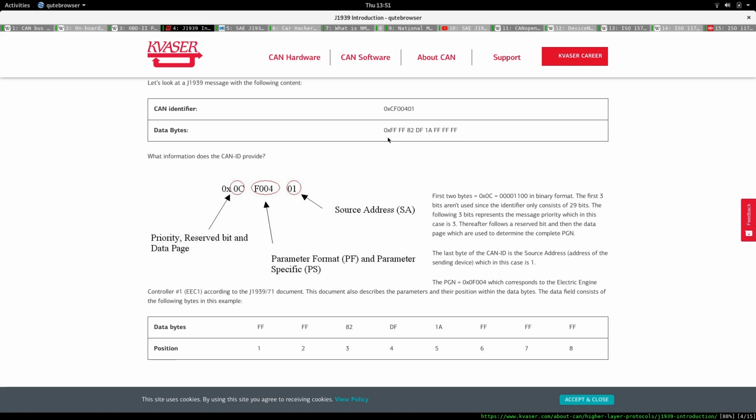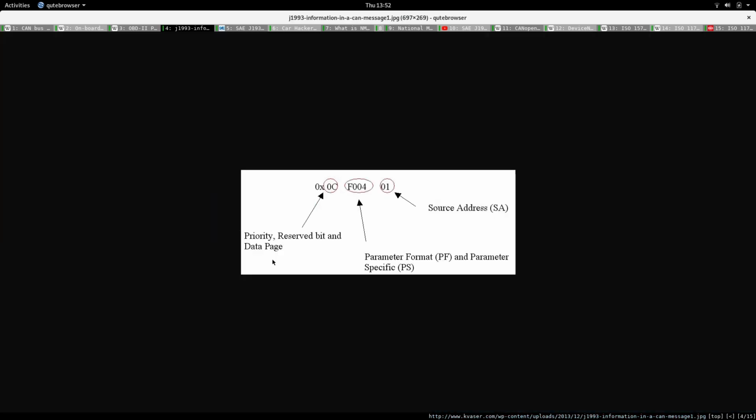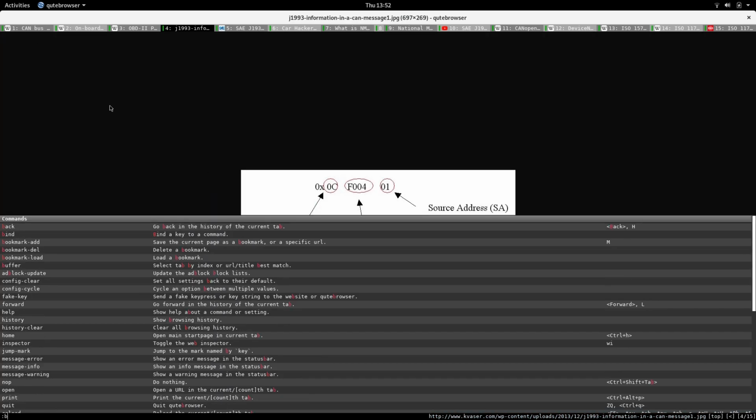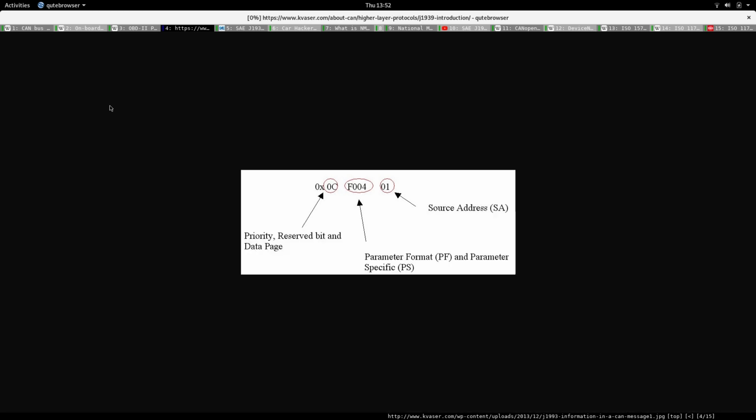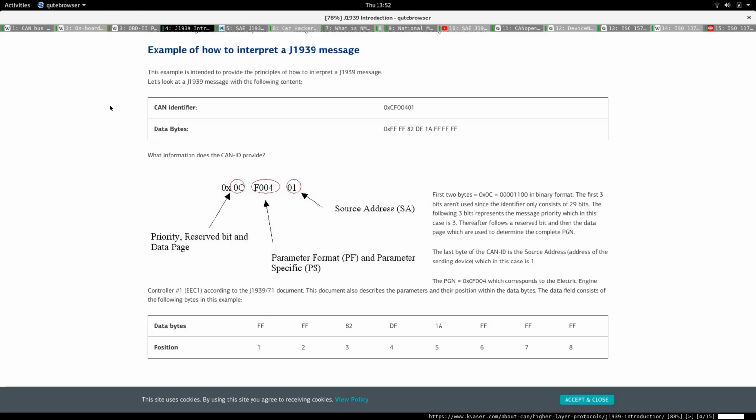Now in the protocol J1939, any byte that's FF means that there is no data for that code point, so we don't have information. So in this case, this identifier,